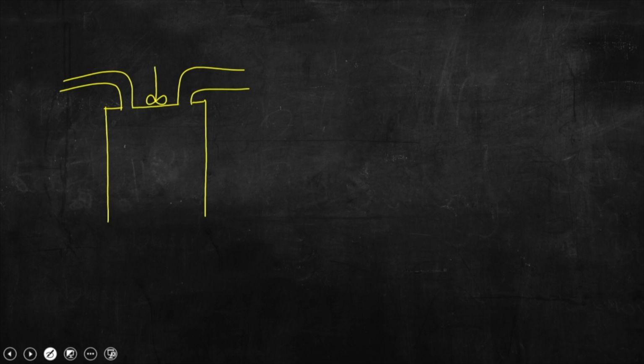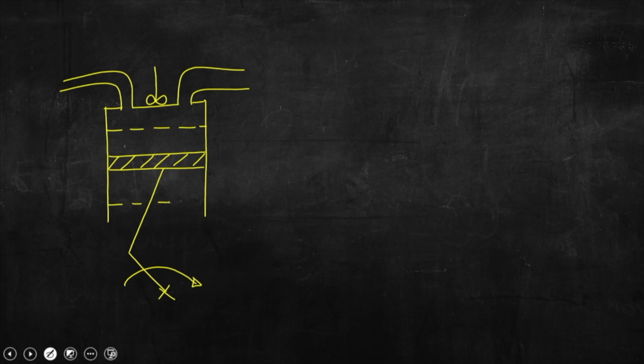So, we will have the spark plug, and this is the piston. Say this is bottom dead center, this is top dead center, this is the exhaust valve, this is the intake valve. Now if we zoom in on the cylinder wall, you know that this is the cylinder wall,